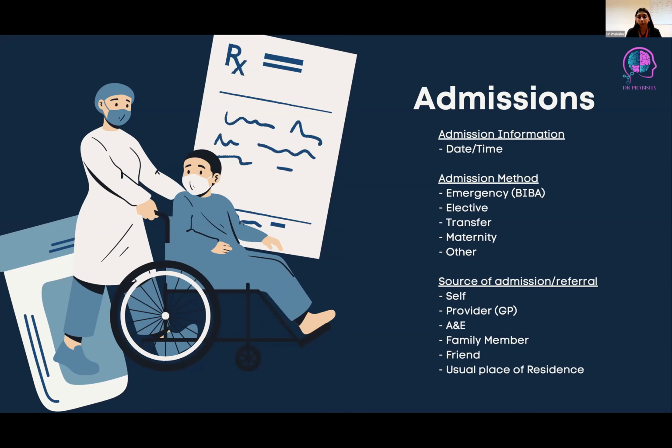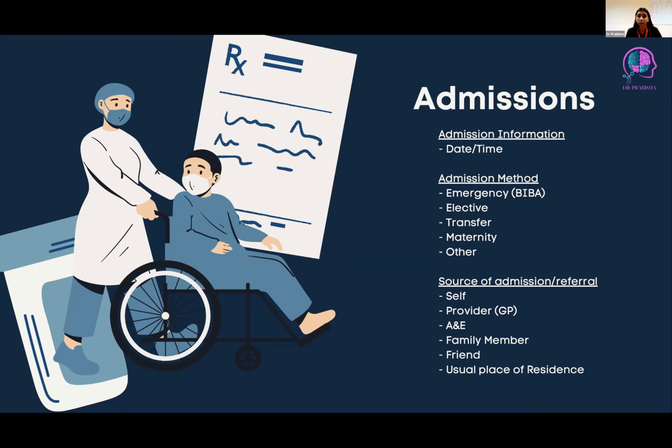Or it could be A&E, so that just means sometimes patients are in the hospital and they may have an outpatient scan or a checkup, or they're with a family member that needs to go for an outpatient clinic, and some people have collapsed and felt very unwell, so then they've been transferred to the A&E. Or maybe a family member has brought them in, even without the patient wanting to go to the hospital, a friend, or